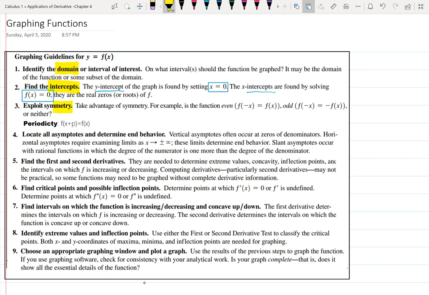Now figure out the symmetry. If this function is symmetric, you better find this out. To know that the function is symmetric, you need to plug a negative sign into your input. If a function basically swallowed the negative sign, you see it disappeared, f of negative x equals f of x, then this function is even. Just imagine y equals x squared, right? It is even, and negative x squared is still x squared, and to be even means to have a symmetry with respect to the y-axis. It means when you fold it using the y-axis, like a butterfly, the left side should match